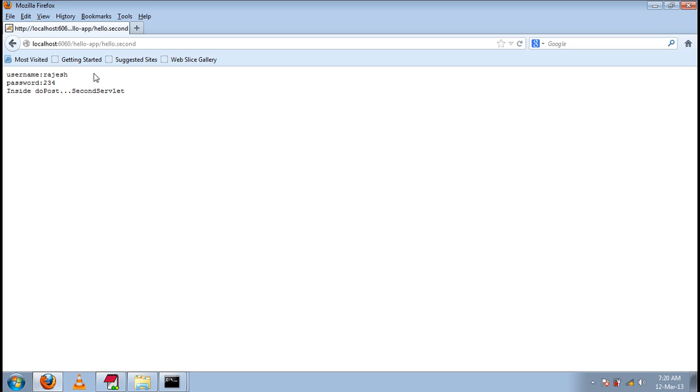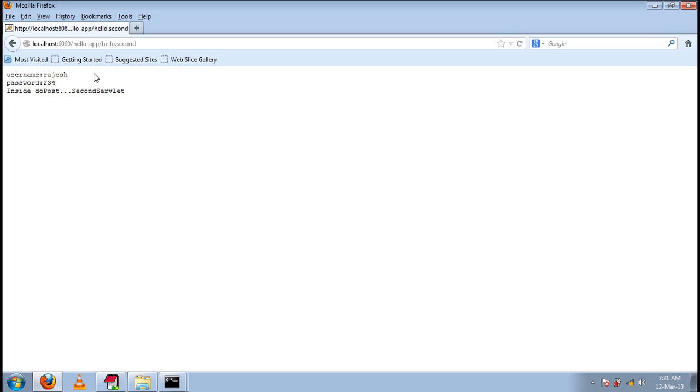Understood? For all the subsequent requests for any URL, for any web resource, for any servlet, that cookie information will be available. It's not like the cookies will be available only for the same URL pattern. Some people will think like that. If I add a cookie in the login servlet, they'll think that the cookie information will be available only to the requests that go to the login servlet.